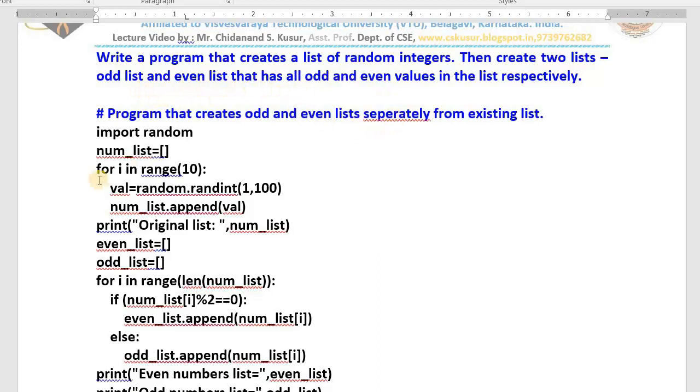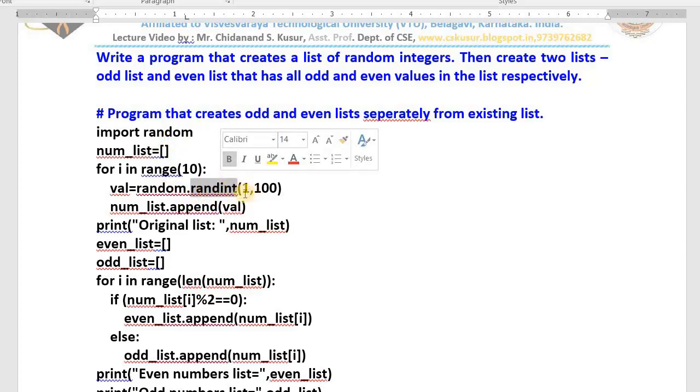See here, next question, one more doubt arises in our mind. How shall I create the random numbers in Python? We need to import one package named random. Import random. Random is a package. From this package I am trying to use the method called randint, RANDINT. What it does, it will create a random number between the given range.